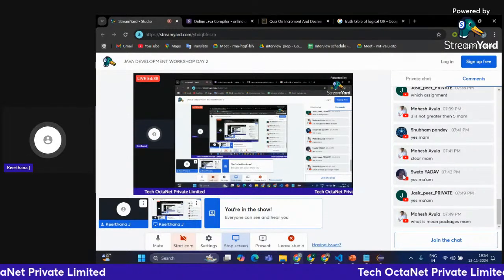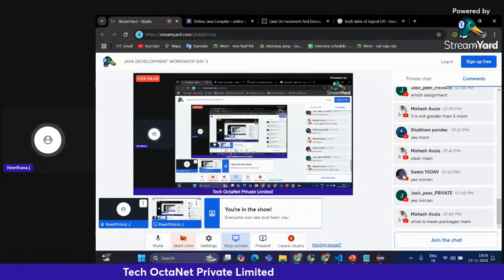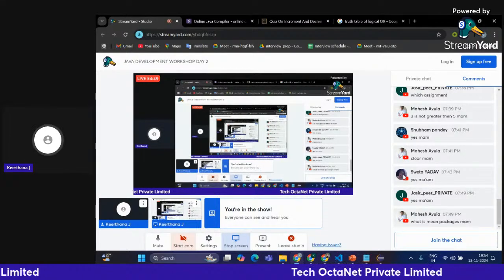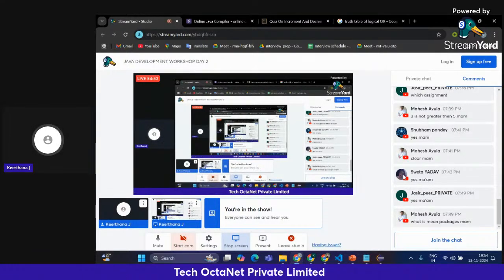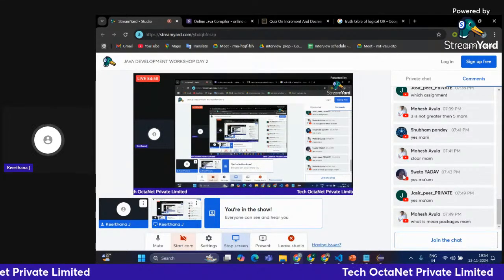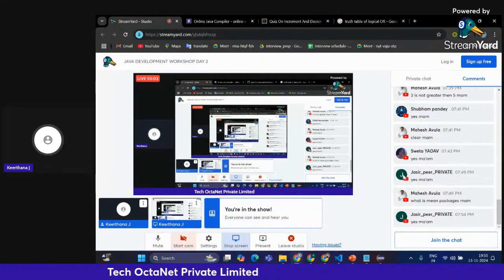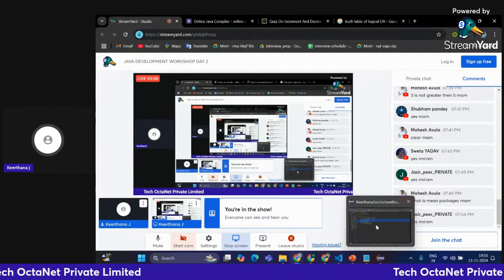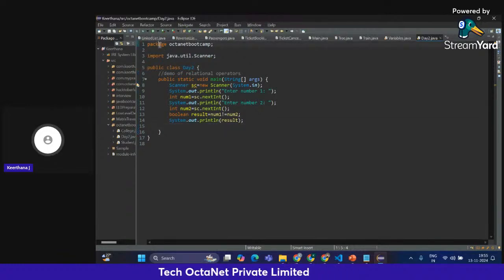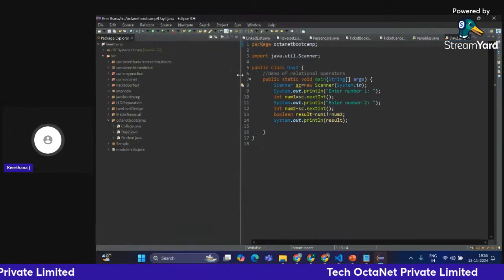Packages, in the sense, usually whatever class files you are writing will be enclosed in a package. A package is a collection of classes, or a collection of classes is termed a package. In packages you will have a set of Java files, or a set of Java code, or a set of Java classes. There are many predefined packages as well. And whenever you are using Eclipse, normally for creating a class you are supposed to follow the hierarchy. First you have to create a package, and in that package you will write the classes. So for example, you see here,